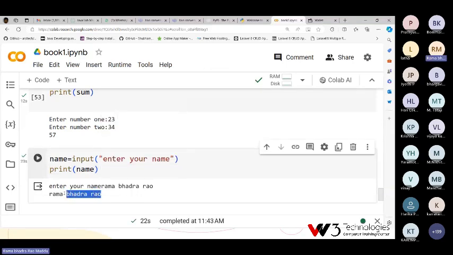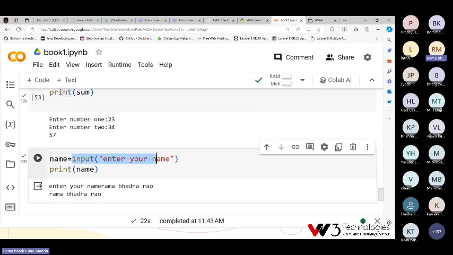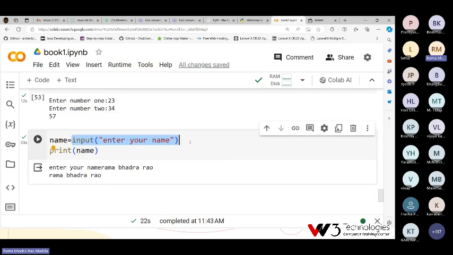The output is shown. So for strings, conversion is not required. Only for integers we require int of, for floats we require float of. Otherwise it is not required to convert. It is for taking input from the keyboard.